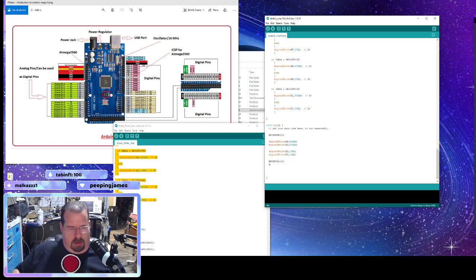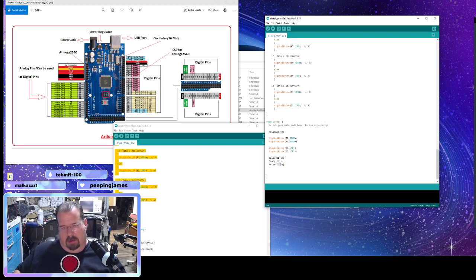And then we're going to do a delay 10. And then we'll do column 2. Delay of 10. Let's do 2 seconds. And I should probably spell this right. We just do this for